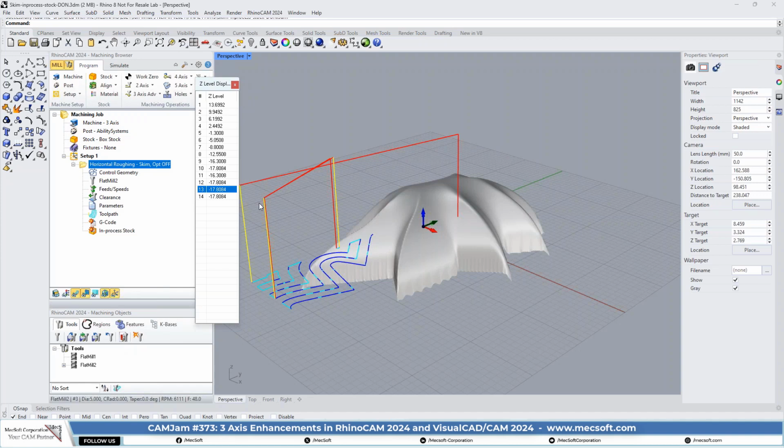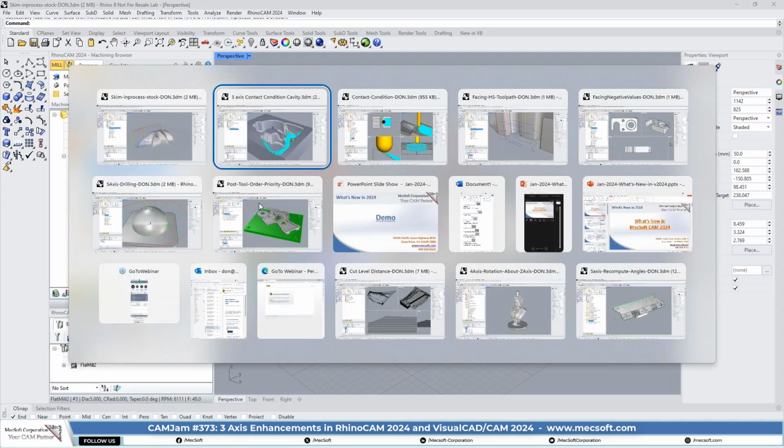Okay, let's look at some 4-axis enhancements here. So what we're going to look at here